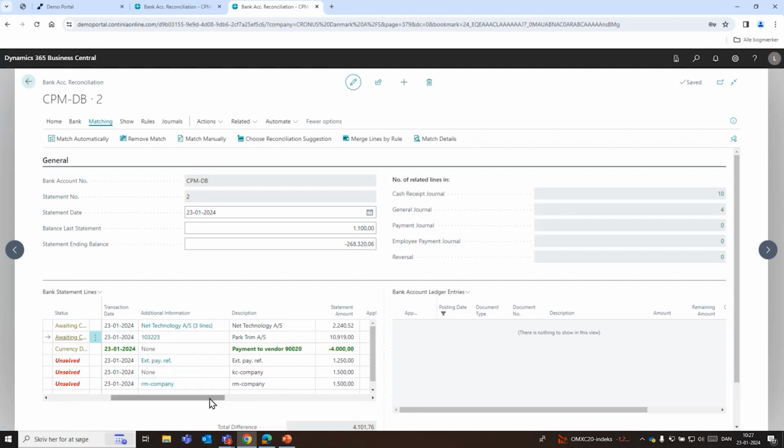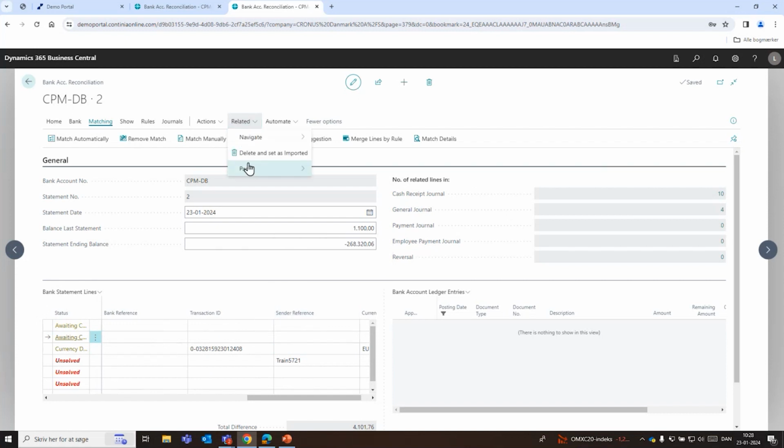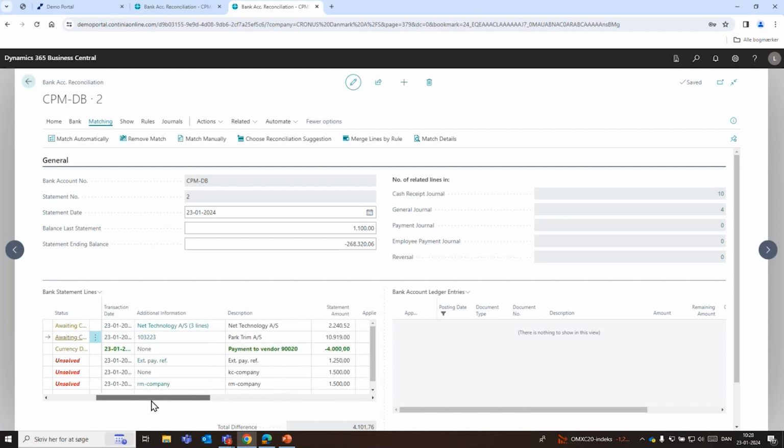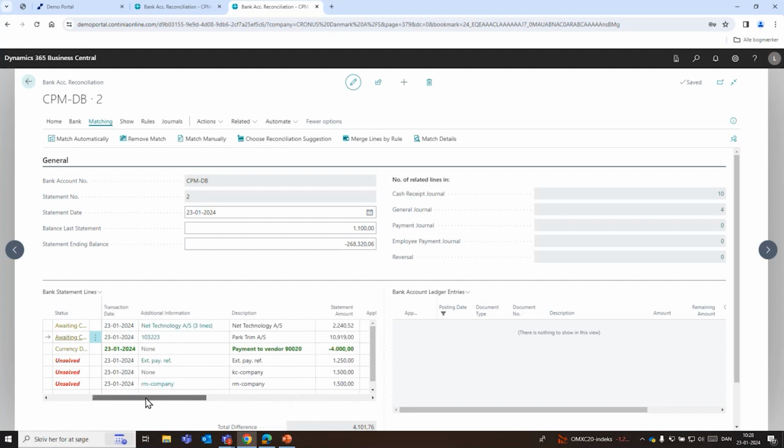For this one, I wanted to show you that you can, for example, look at some of the other fields that I showed you up here that you can show more columns. I can look in this and see that I have a sender reference, for example, that I could use to recognize this type of incoming payments. So for this one, I've just put in some random thing, but it could be from, for example, a web shop. So what I would do to be able to recognize this external payment reference is that I would go